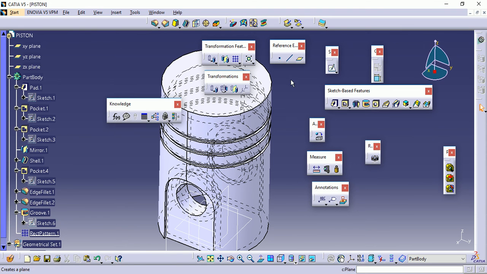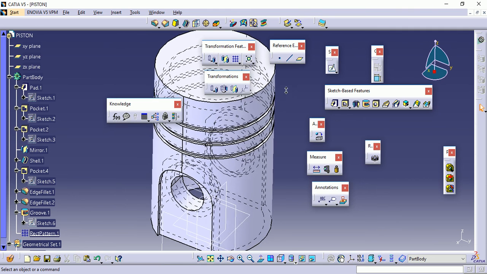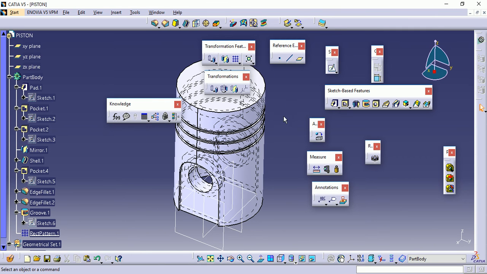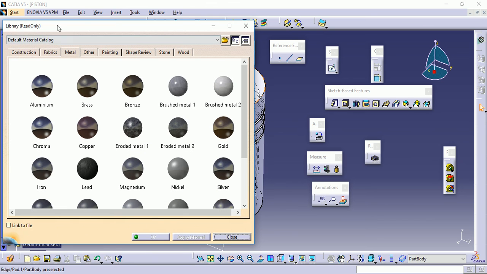Again, for finally deciding the project manufacturing cost, the decision on weight is very important. So for that, first we have to assign a raw material. So here I have this apply material option. Here we have got a vast library of standard materials.